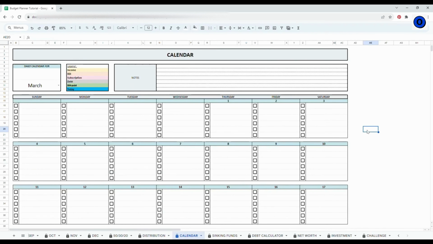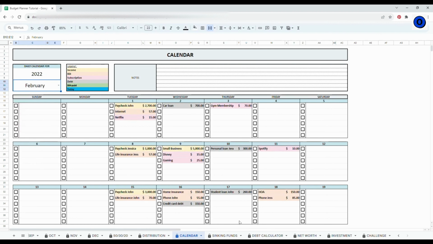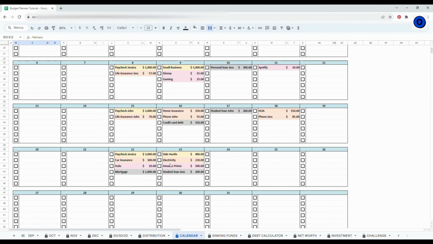Now let's have a look at the Smart Calendar tab. In this tab, you will be able to see all your monthly bills. The first thing that you'll have to do is to choose the year and the month, and you will see all your income, bills, subscriptions, and debts appearing. For my example, I took the year 2022, so I just type it in. Then I use the drop-down menu to select my month. I'll stick to February. As you can see, all the income, bills, subscriptions, and debts that we entered in our monthly tab are